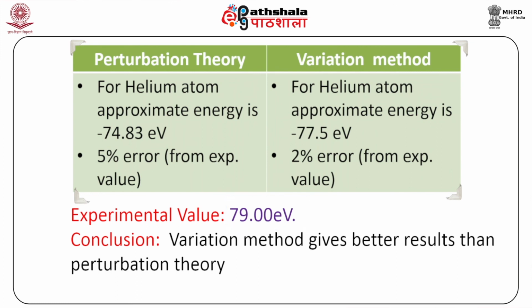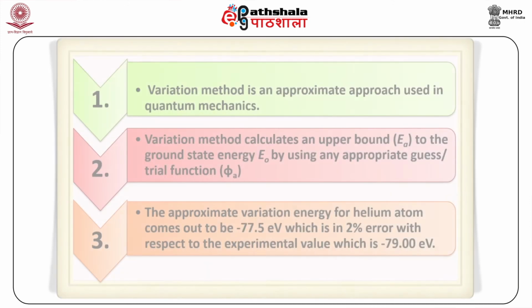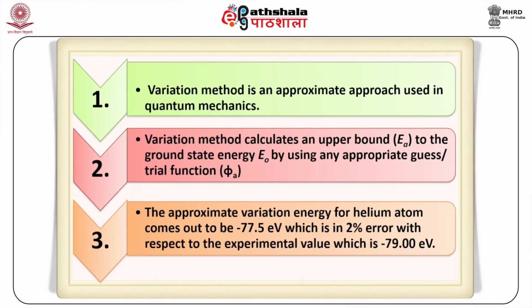However, the bottom line of this discussion over efficiency of results obtained using perturbation theory and variation method is that the variation method is a robust technique in situations where it is hard to determine a good unperturbed Hamiltonian, while in cases where there is a good unperturbed Hamiltonian, perturbation theory can be more efficient than variation method. Let us now summarize the entire module.